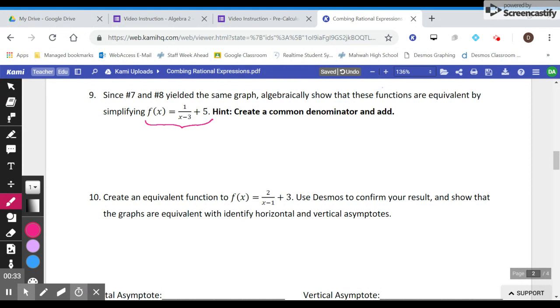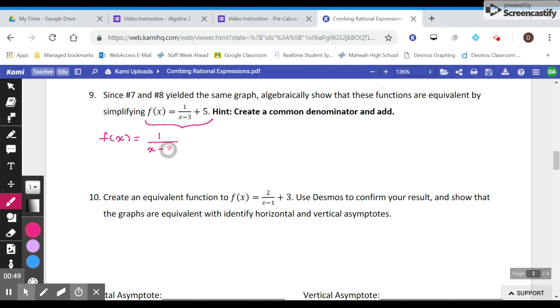because that's where we're going to be looking at trying to figure out the asymptotes when it is not a transformation of a function. It's just written as one fraction. So you're going to need to be able to combine these. So you're starting with a function that is 1 over x minus 3